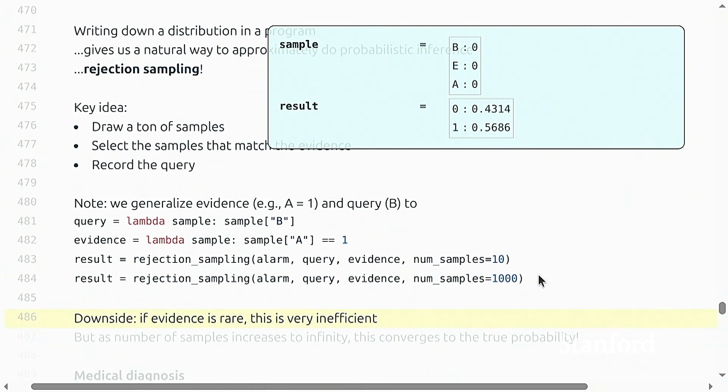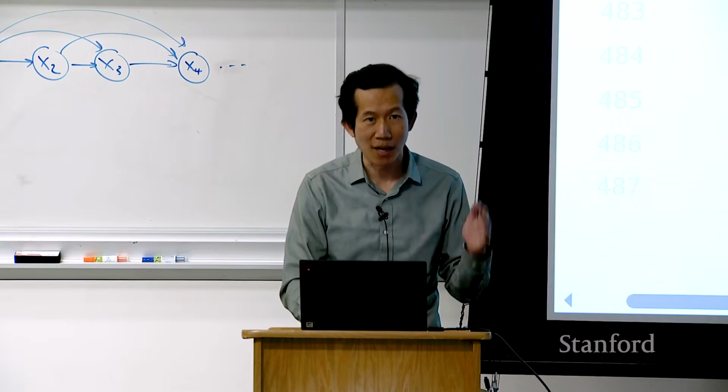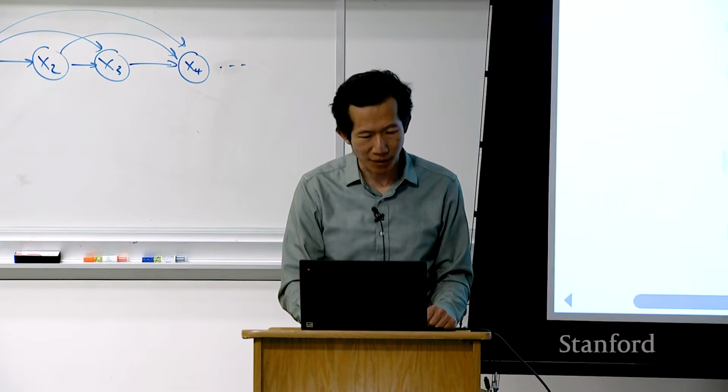This algorithm can be very inefficient, especially when the evidence is rare, right? Because you're essentially sampling from the prior, and if the event happens with probability 0.001, then most of the time you're just going to waste your time sampling. So it's not a very efficient algorithm, but mathematically I think it's very clean. There is a guarantee that if you are very patient and you increase the number of samples to infinity, then this actually converges to the true probability. And in this class, we've seen a lot of times where we're just sampling, like we do policy evaluation, we just sample, expected max, we can sample, and so on.